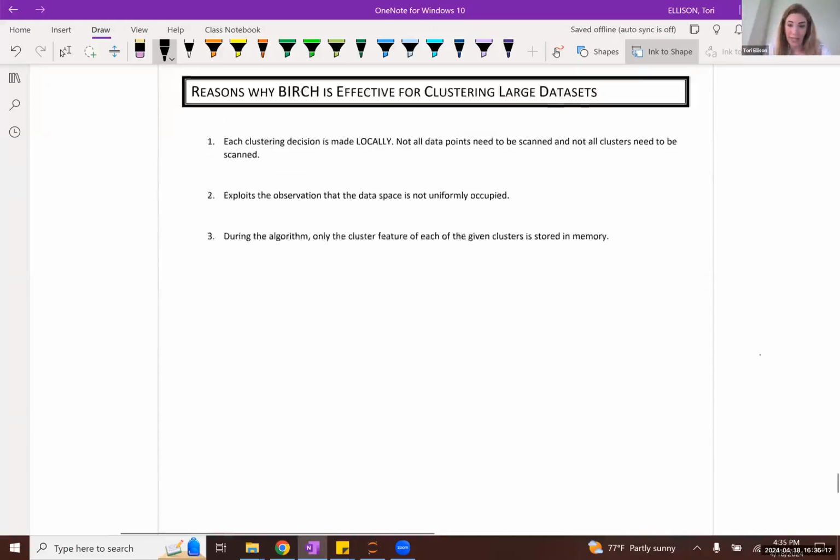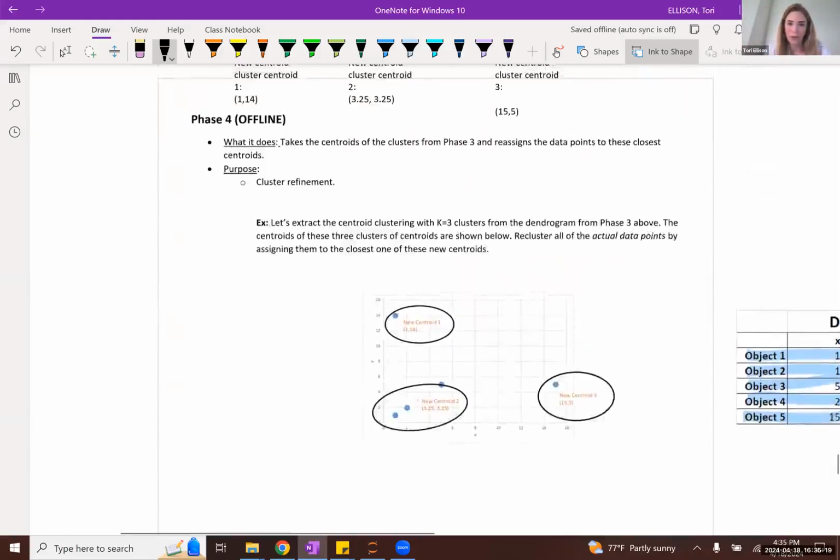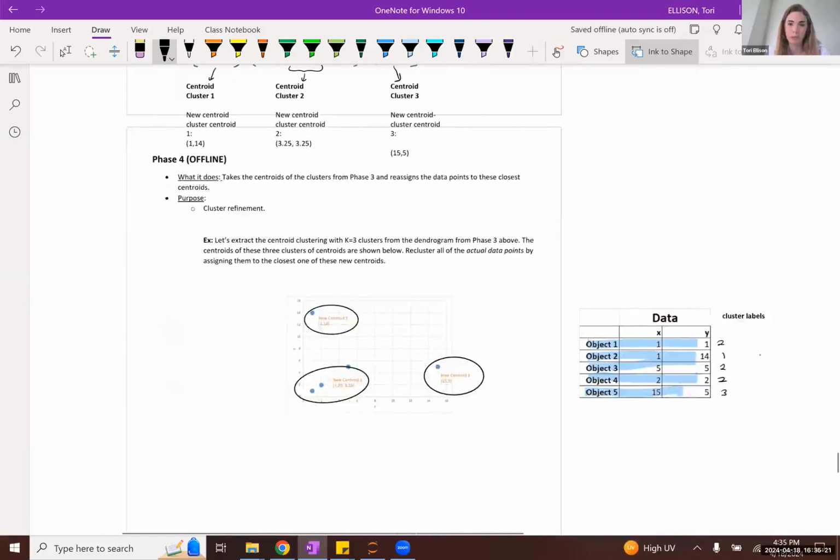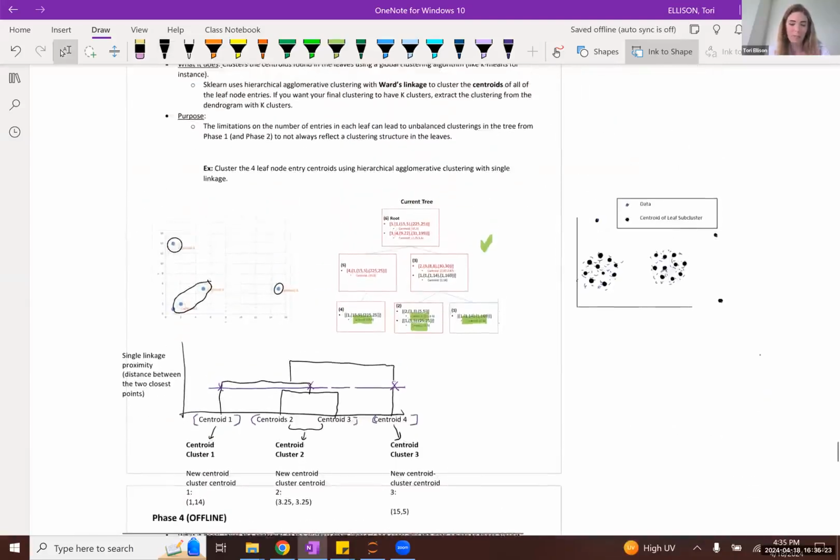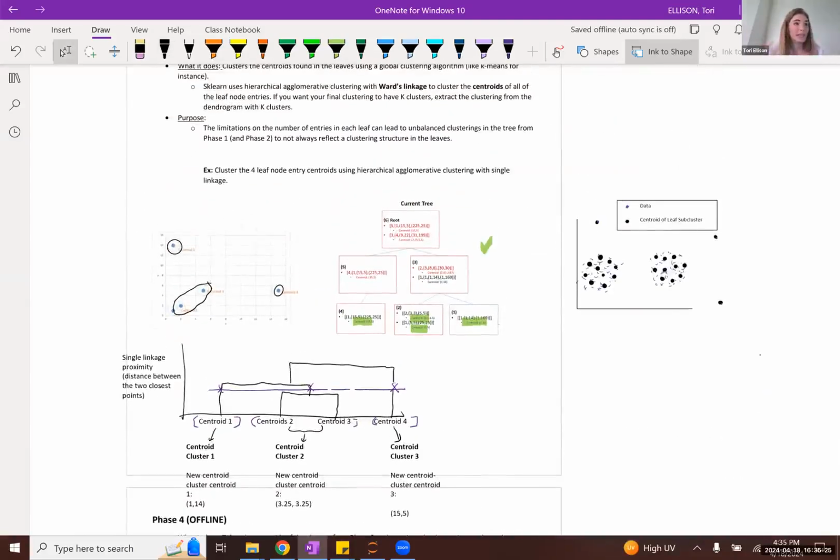So for instance, you can have multiple computers building their own distinct CF trees based on a subset of observations from your data set in parallel. Let's just say you have 10 computers who've built 10 CF trees based on 10% of the data each.